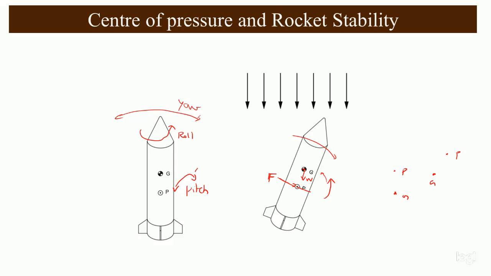Whereas if the center of gravity was below and the center of pressure was here, when there is a wind coming, the force acting on the center of pressure will make it destabilize more. So if G was here and P on this side, then this rocket will become unstable and will start doing somersaults. This is the main reason why the center of pressure is always below the center of gravity in rockets. Very, very important. It's always nose heavy. So I hope you have understood something new here.